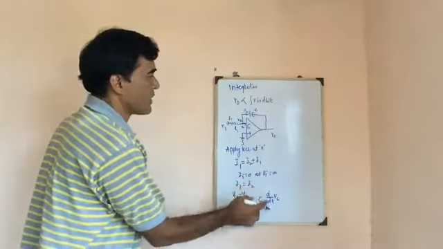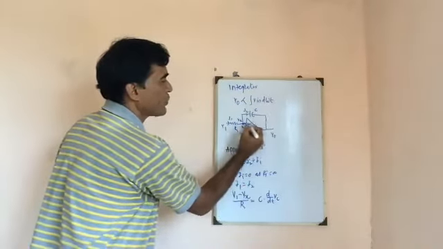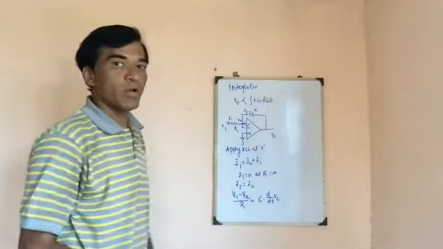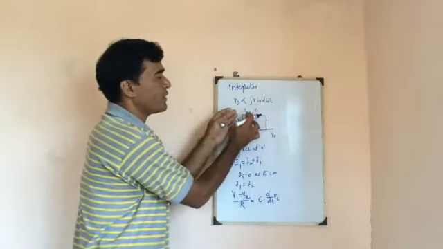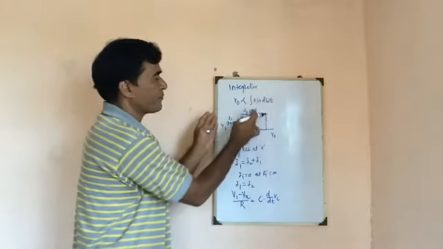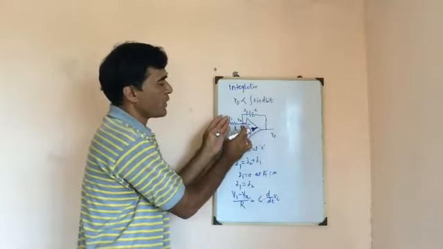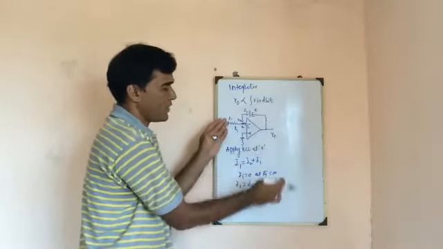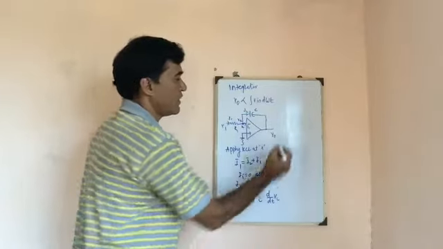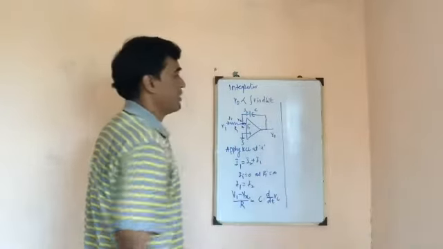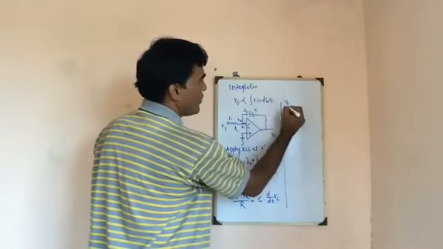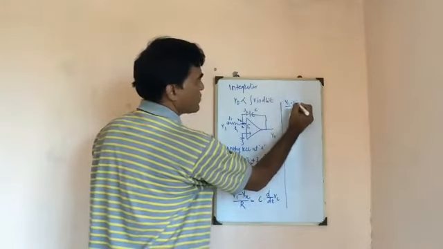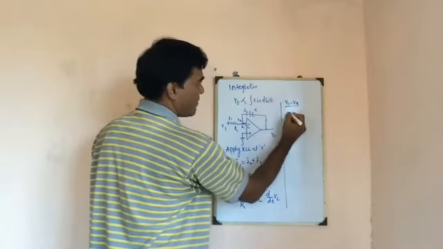Here the voltage across the capacitor is Vx minus V0, that is, the voltage between the two terminals of the capacitor. As I2 is moving from node X to the output, I need to consider Vx positive and V0 negative. So I can write (V1 minus Vx) divided by R